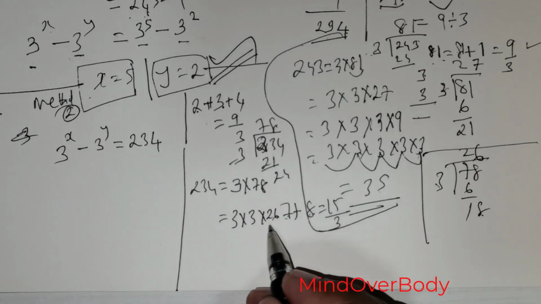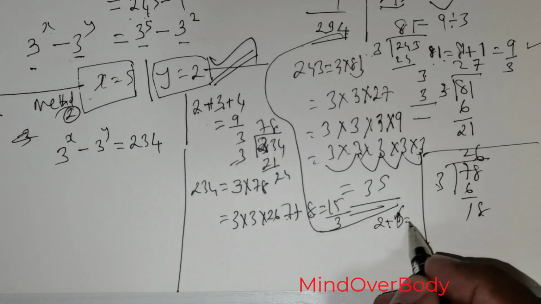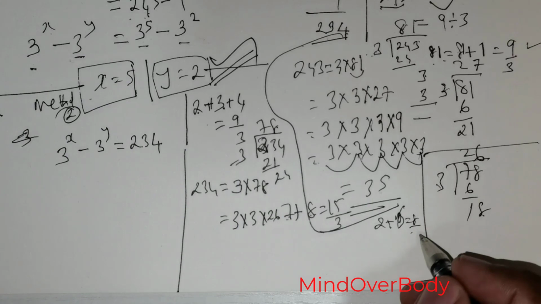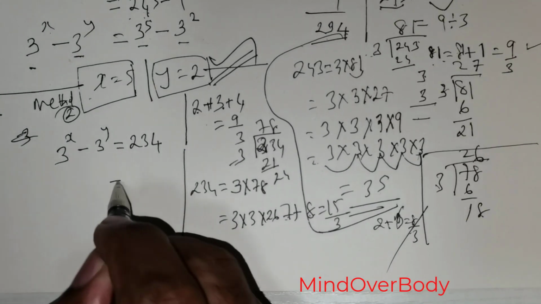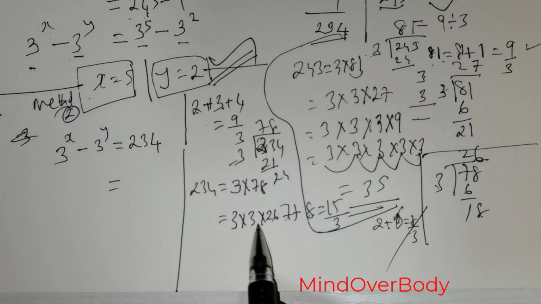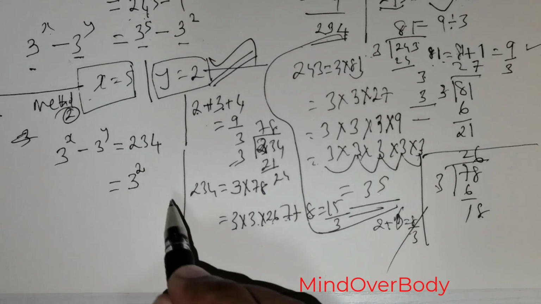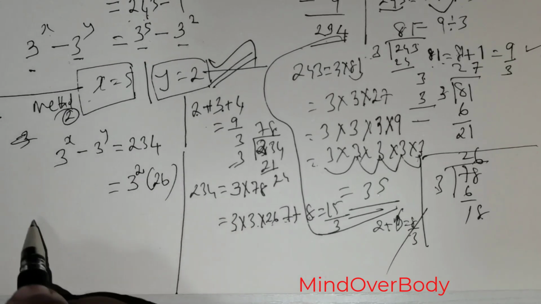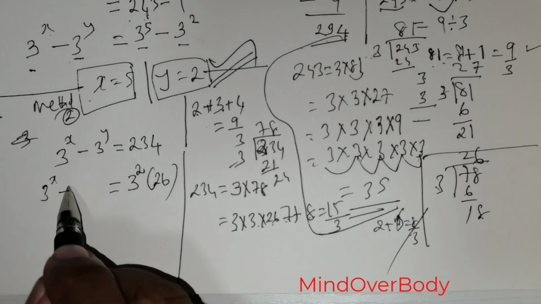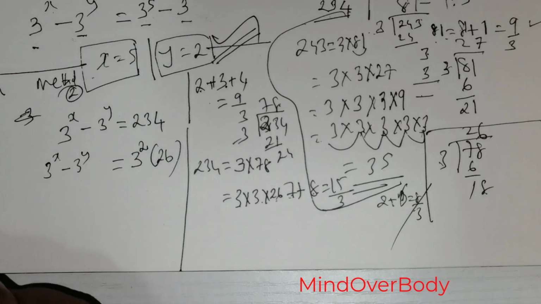So can I divide 26 by 3? 2 plus 6 is 8. Now clearly I know that 3 cannot divide 8. So that would mean I have 3 times 3 times 26. So let me write this in this fashion: 3 raised to the power of 2 multiplied with 26. Okay, so now I got 3 raised to the power of x minus 3 raised to the power of y. Now what I would like to do is divide